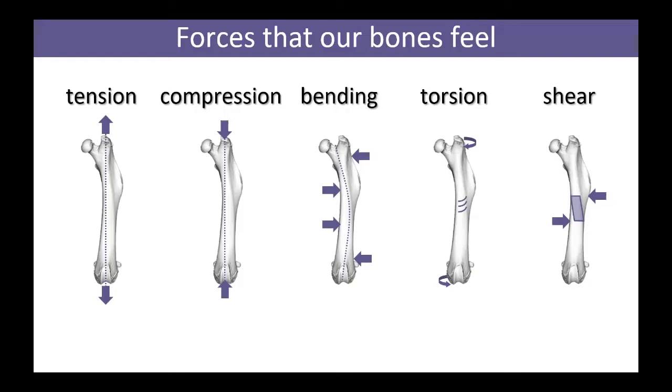Because bone is alive, it adapts and changes in response to these different forces, making it stronger and more resistant to fracture. As engineers, we use mechanical testing to measure the structural properties of bone under these different types of loading scenarios. And we're interested in the properties of normal, healthy bone, as well as how these properties change with different diseases or injuries. Understanding how bone weakens helps us develop better treatments to prevent bone loss, like with osteoporosis